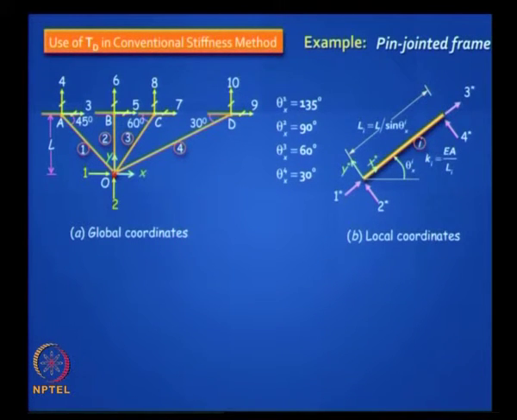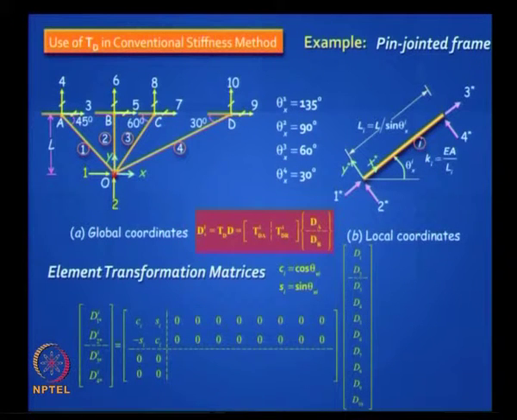What do you need to do? Well, I am not going to the global axis here, I am sticking to my original 1 star, 2 star, 3 star, 4 star. I am not doing any switch at this stage. Then I need to develop this matrix. It will look something like this. First of all, in this truss element I have 4 degrees of freedom. So do you understand di 1 star all the way to di 4 star.